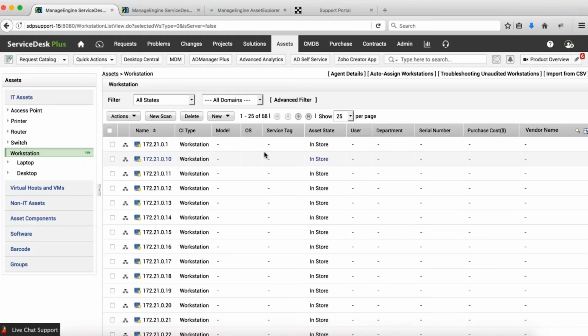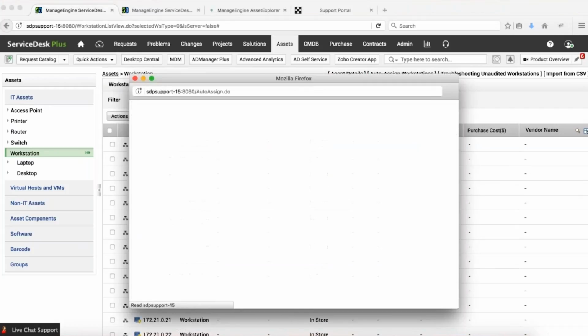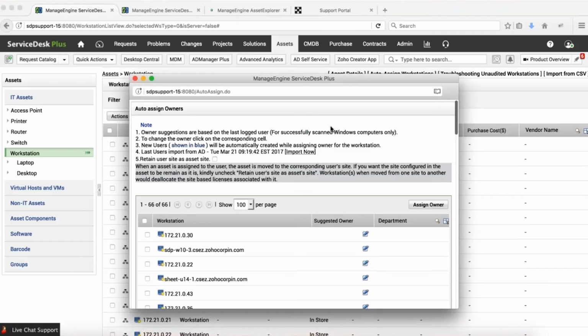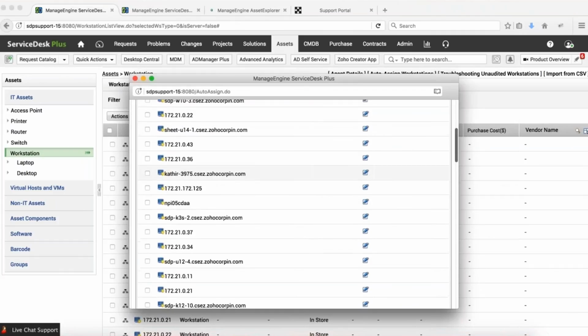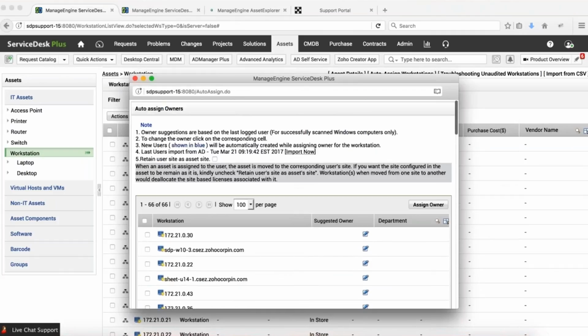So in that scenario, what you can do is a bulk assigning of the assets to the end users by clicking on Auto Assigned Workstation. When you click on Auto Assigned Workstation, Service Desk is going to fetch all the in-store assets, and along with that, it's also going to show you the suggested owner. The suggested owner is nothing but the last logged in user on those workstations. So you can just go ahead and click on Assign Owner, and it will be automatically assigned to that particular